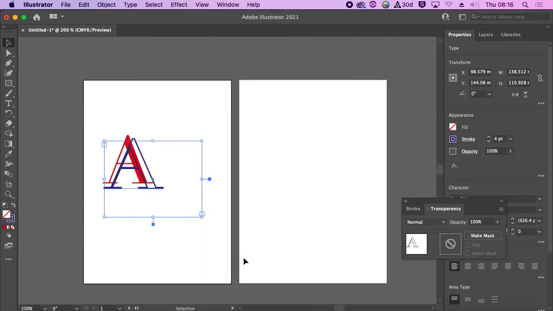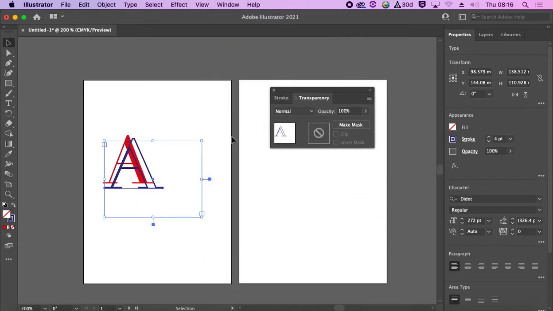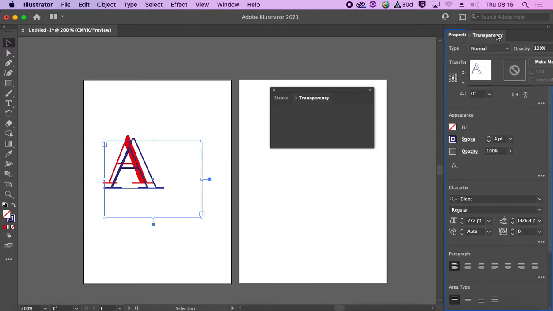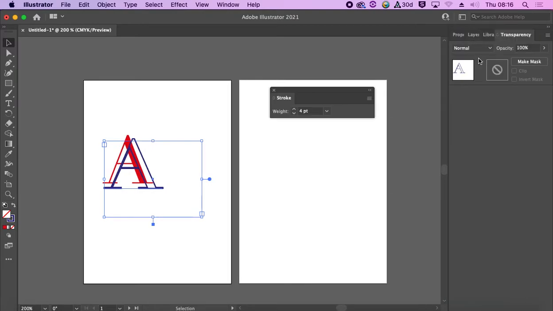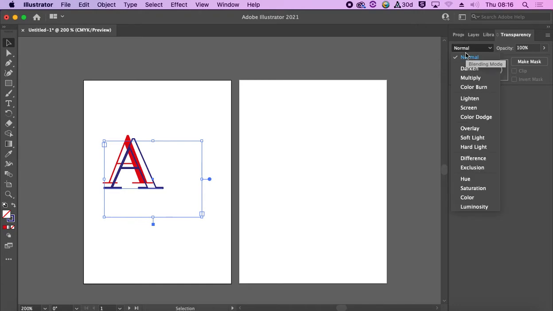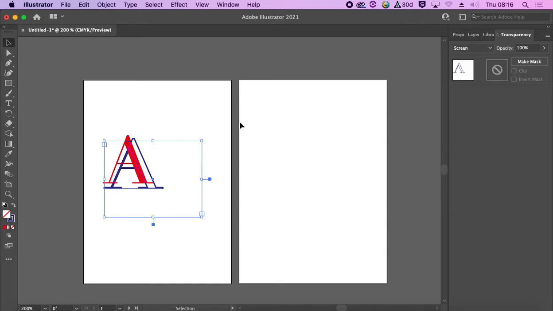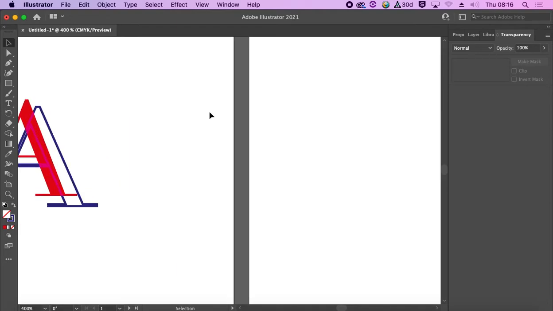I'm going to go to my transparency panel, and you'll see this opens a little panel that gives me some more options, and I'm actually going to drag this, and when you see a blue line, it will pop it in there for me, and that makes it nice and easy. I've got some settings here which are called blend modes. So you'll see if I zoom in, so Command plus,